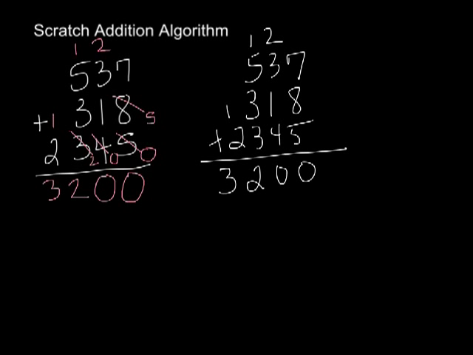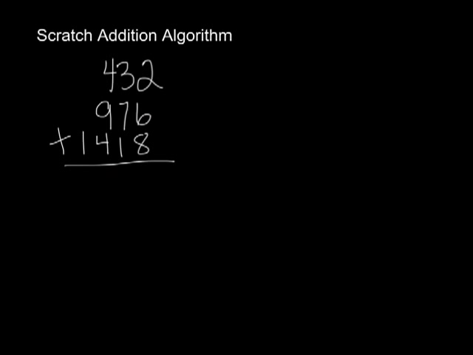So notice the nice thing about the scratch is I don't have to keep track of, am I still in 10s or 20s? Like in the 7 plus 8 is 15, plus 5 more is 20. The scratches help me keep track of how many exchanges I needed to make. So that I really only have to count up to 10 at a time and not past 10. So let's see another example.